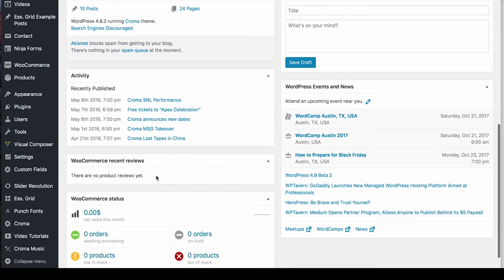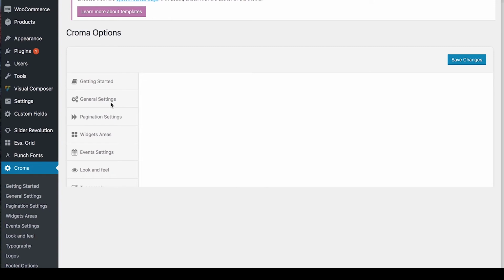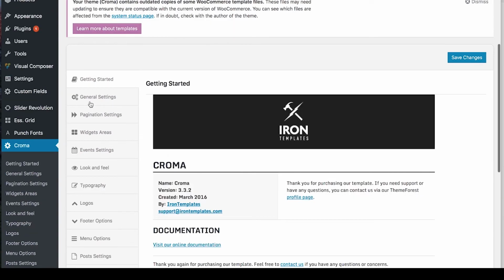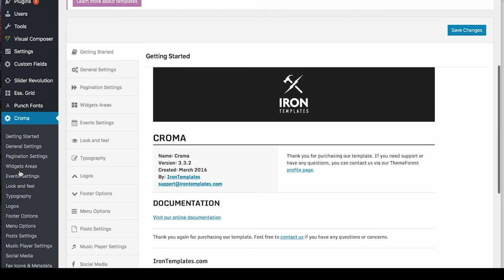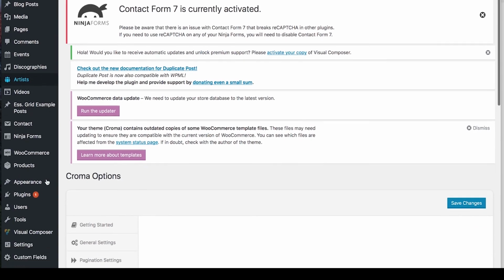So sometimes installing the demo content isn't quite as easy depending on the theme that you choose. Different themes make it easier or not. Occasionally, there's not going to be a plugin. There will be a page kind of like this, but instead of taking you to a menu with all these customization options, there'll be a tab that literally just has point and click install demo content. But other times you have to manually install it, and when you do that,